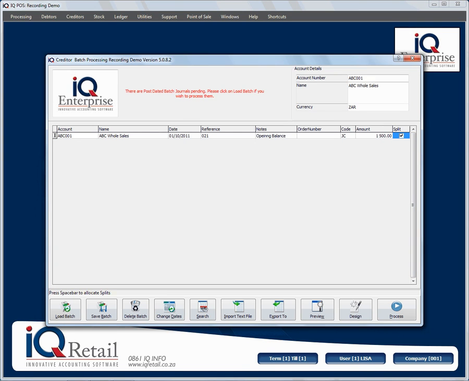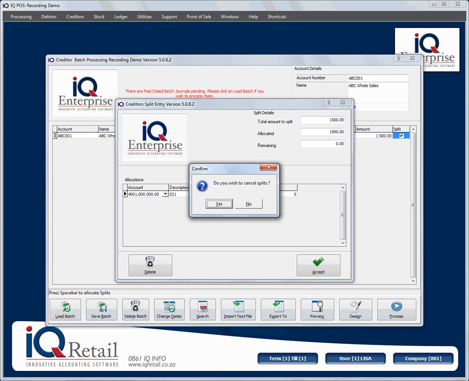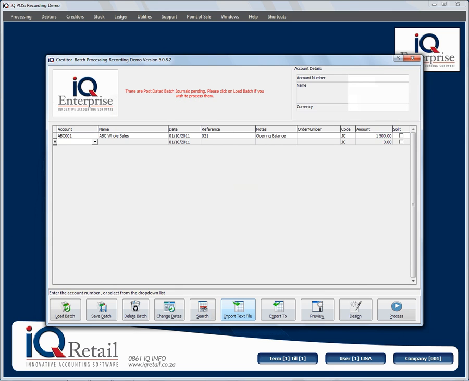You can choose the option split and then change the transaction or the account, the ledger account, or split the transaction into two, where a part of the amount goes to one ledger and a part of the amount goes to another ledger. I'll just close that. While we're busy here, we can load batches, we can save batches, we can delete this